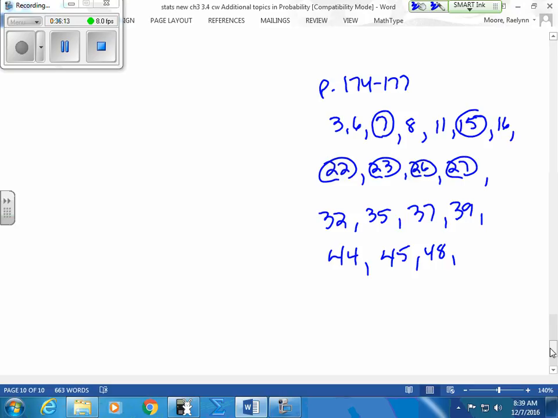Okay, so the numbers that I circled, the circled numbers are permutations. So all the numbers that I circled are permutations, just to help you out. In case I'm not here tomorrow and you can't ask me, the circled ones are permutations. And even though I circled them, look into why they are permutations, okay? Alright, so you have tomorrow to